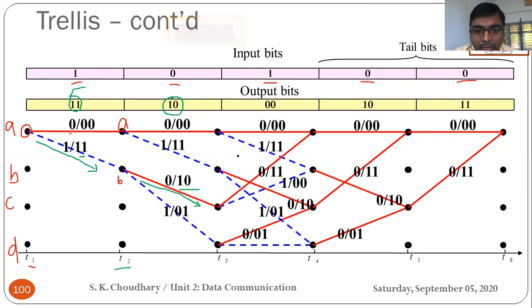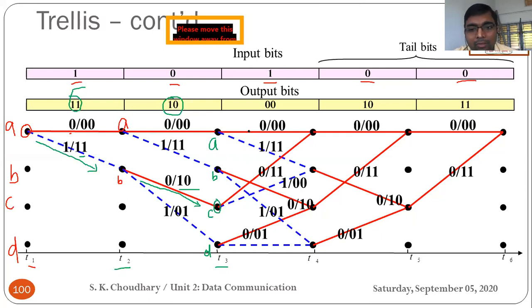Now you are at the time T3. You have now activated all four possible states. Now you have received input 1. You always have to show all possible combinations, and you have the input 1. So from C, when you receive the input 1, you have to follow this blue line, and you reach this B state, and the output is 0 0. Okay.